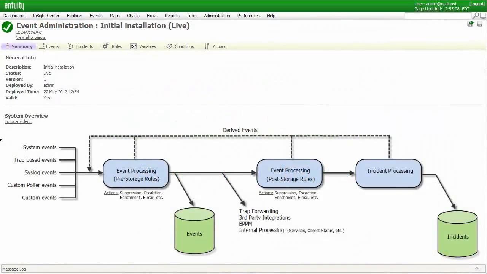All of the various aspects of configuration for the events system are gathered together into what's referred to as a project. Entuity provides all of the out-of-the-box event configuration settings in the form of a default project, which is assigned version number 1. Subsequent customization of the event configuration results in the creation of new projects, each being allocated a